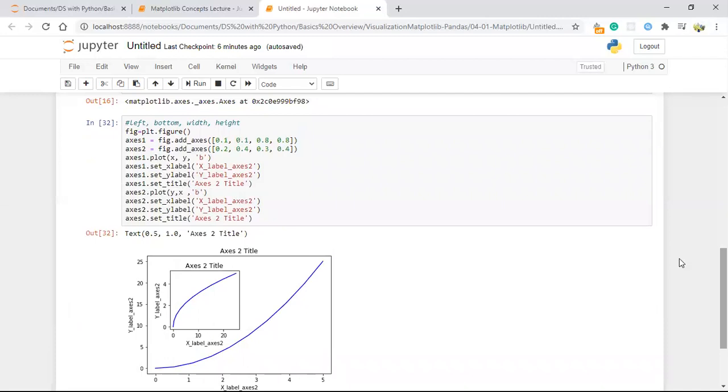Is it confusing, or is it easy? Yeah, is this easy for you? Yeah, easy, ma'am, but a little confusing. It's easy only, but in the beginning it makes us a little confused.